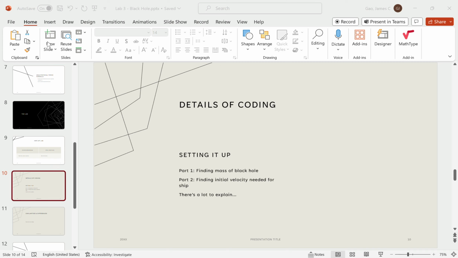And so, after all of this, after the rotation, I found the mass to be around 8.16 right here. And then for part 2,